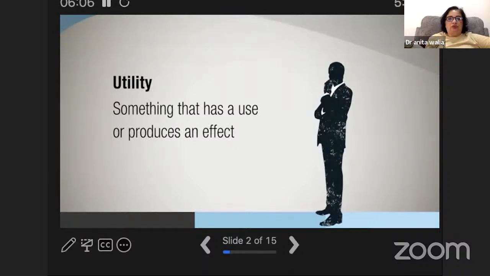Any invention is useful if it produces an effect. A machine which will not operate to perform the particular purpose for which it is meant is not called useful. Suppose you make a machine to produce a soft drink, and the machine is not able to mix the mixture with the water or soda and produce it, then it is not useful. So it should have utility.